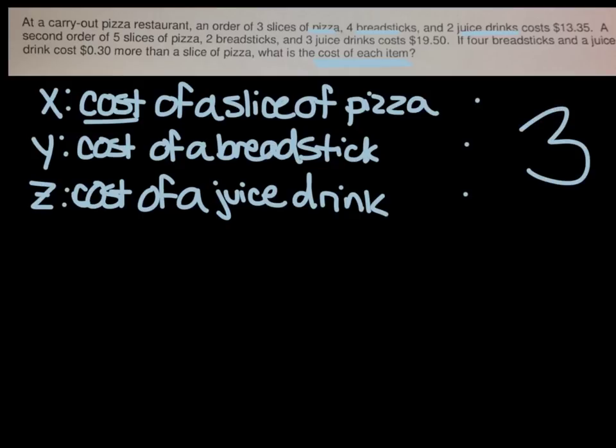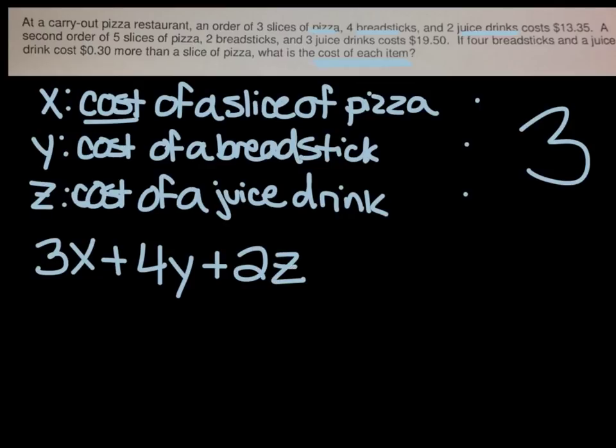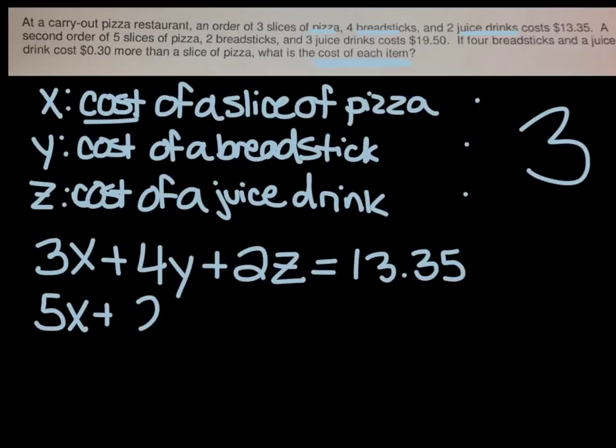So we're going to look at this. It says an order of 3 slices of pizza, 4 breadsticks, and 2 juice drinks cost $13.35. So if we take 3 and multiply it by the cost of the pizza, plus 4 breadsticks times the cost of a breadstick, plus 2 juice drinks times the cost of a juice drink, then that's going to total up to $13.35. A second order is 5 slices of pizza, 5x, plus 2 breadsticks, 2y, plus 3 juice drinks, plus 3z,